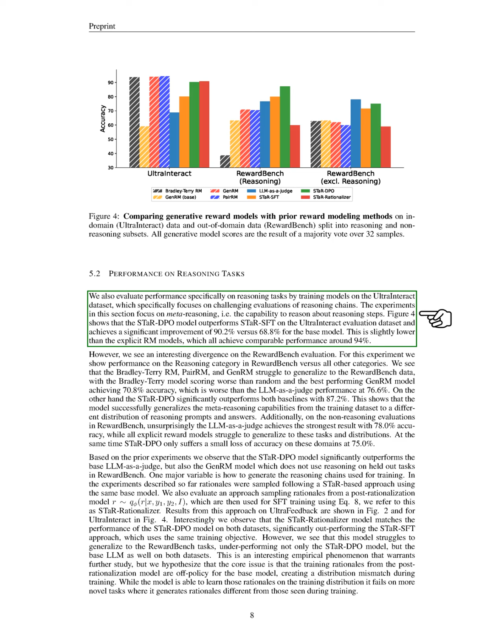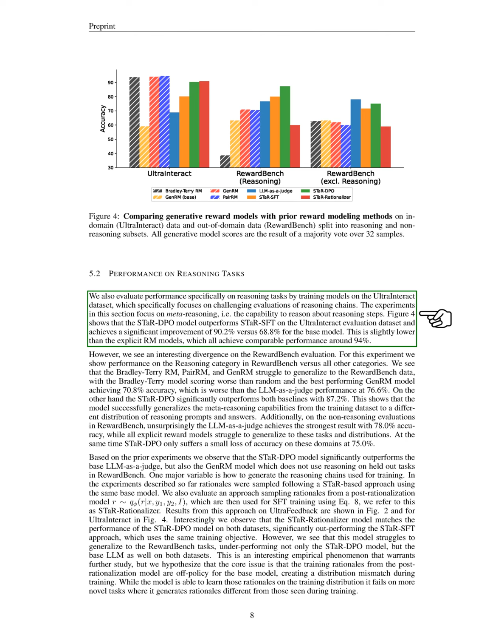We also evaluated performance on reasoning tasks by training models on the UltraInteract dataset, which focuses on complex reasoning evaluations. Our findings showed that the STAR DPO model outperformed STAR SFT on the UltraInteract evaluation dataset, achieving 90.2% compared to 68.8% for the base model. While this was slightly lower than the explicit ERM models, which scored around 94%, we observed a divergence on the